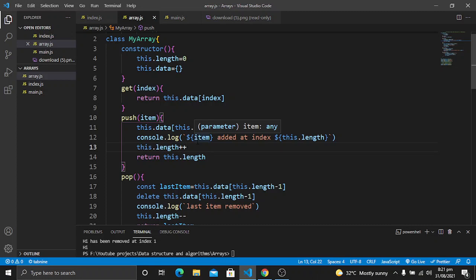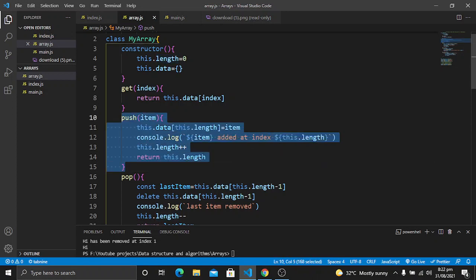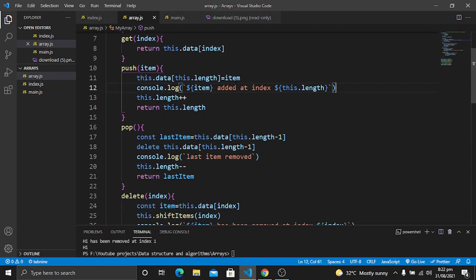So the next time we add an item, it will be added at index 1, and then the next time at index 2, and 3 and 4 and so on. And from this function we will return the length. You can return anything that you want. I have also added a console.log here that the item has been added at this index. The item will be passed as an argument, and the index will be this.length,